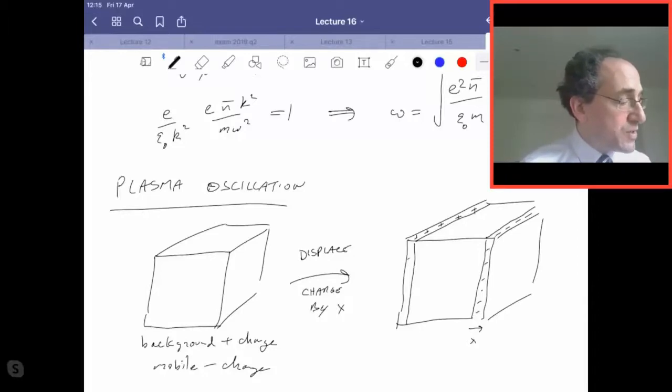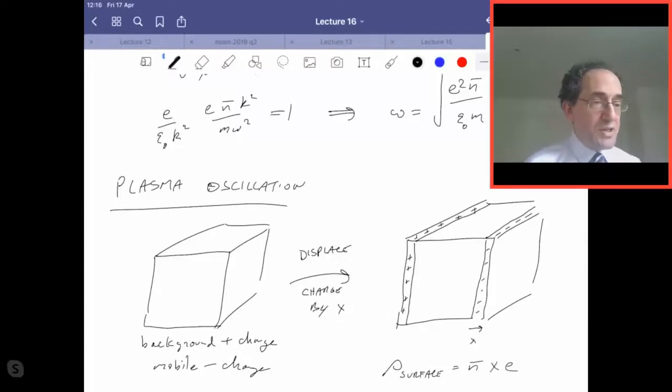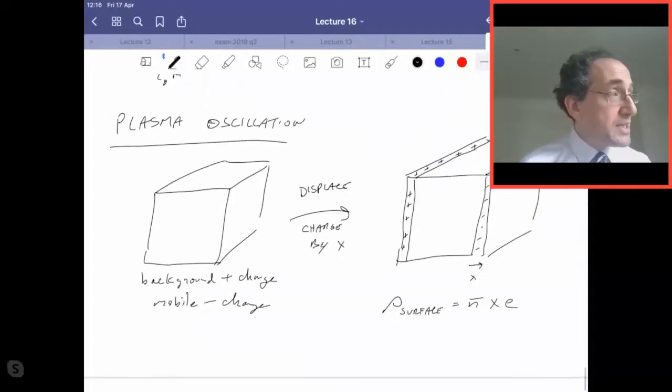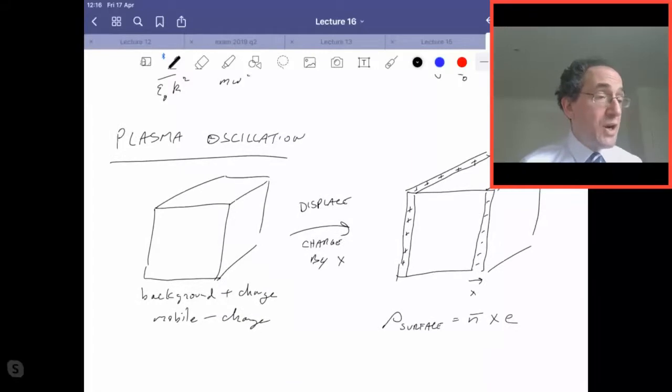So the surface charge density of a surface is the average density times x times the charge on the electron. Okay, so this is what we've done by moving the charge: we've actually built up a surface charge,